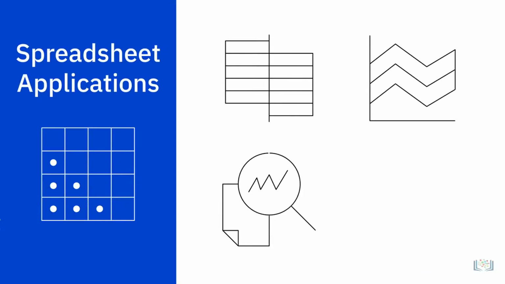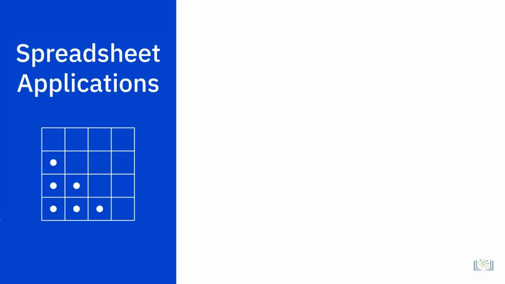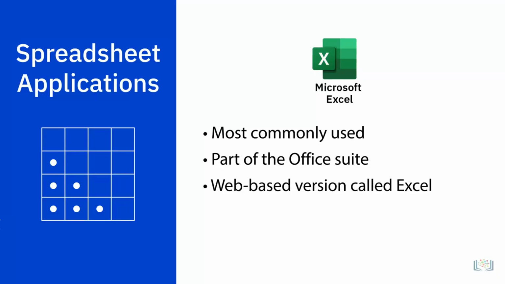Some of them are more widely known and used than others, and some are free, while others need to be paid for. By far, the most commonly used spreadsheet application, and the most fully featured of them all, is Microsoft Excel. The desktop version comes in a paid form as part of the Office suite and some Microsoft 365 subscriptions. But there is also a web-based cut-down version called Excel for the Web, also known as Excel Online. The online version is free to users with a Microsoft account, but does not offer all the advanced features that